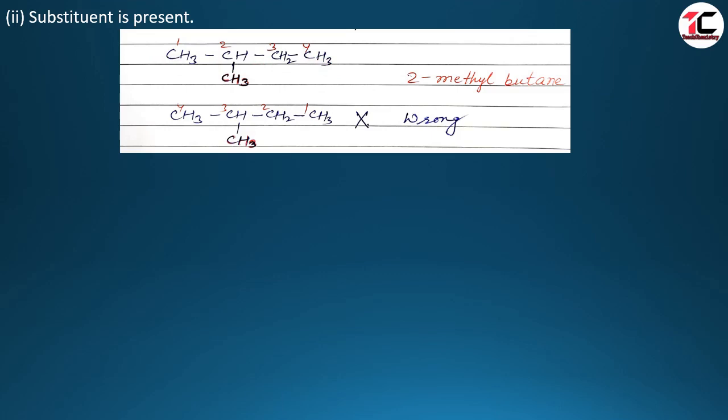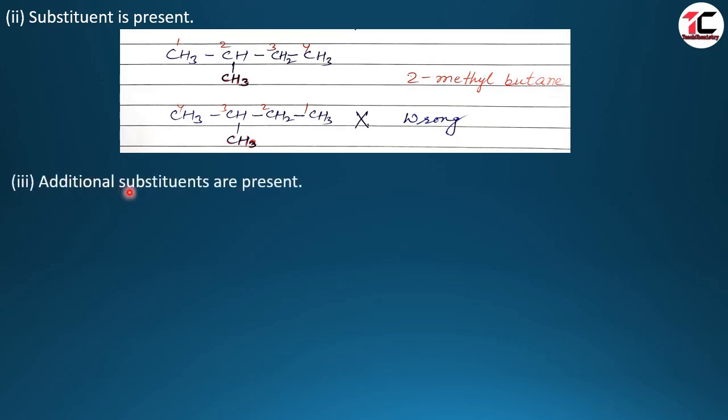Now naming. At number 2, we can see CH3. CH3 is the methyl group. So we name it 2-methyl. We see number, word; between number and word we put a dash. Its name is 2-methyl. Now see the longest chain. It is a chain of 4 carbon atoms, so we use the word but. Carbon-carbon single bond, so we use ane. Now it becomes 2-methylbutane.